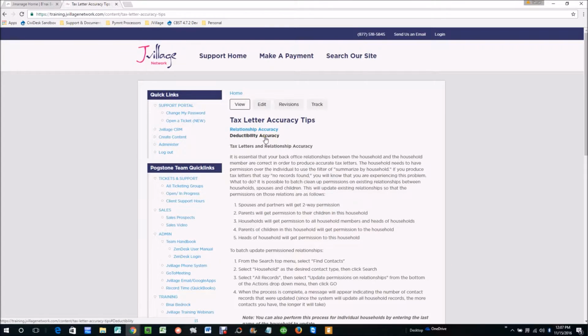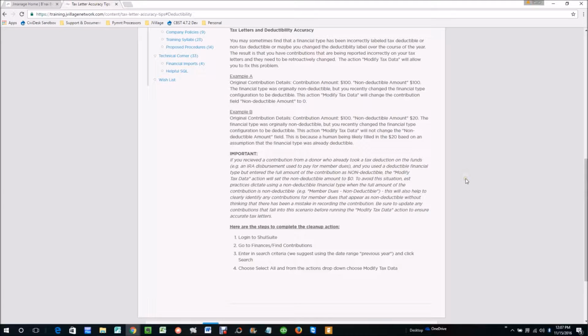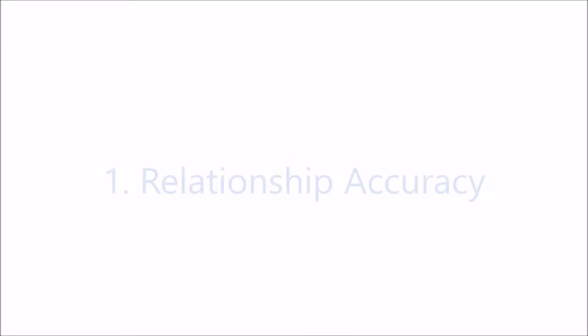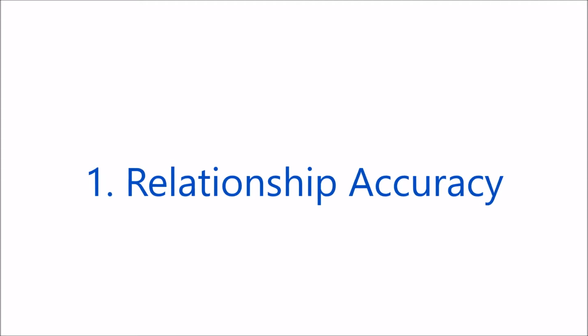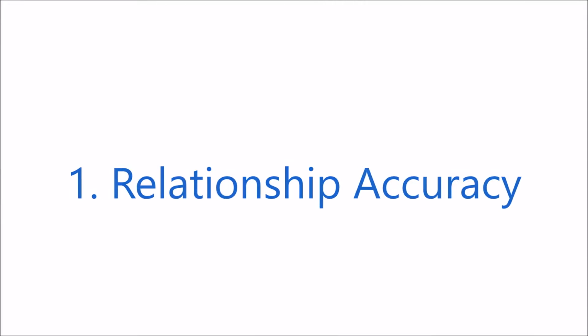Moving on to deductibility accuracy, here what happens is sometimes you create a financial type that is set to be non-deductible. Afterwards, you realize that it should have been deductible. However, in the interim, you recorded several contributions. In addition to updating the financial type, you will also need to update those contributions so that they will show up as deductible contributions. I'm going to walk through both of those maintenance tasks with you now, starting with relationship